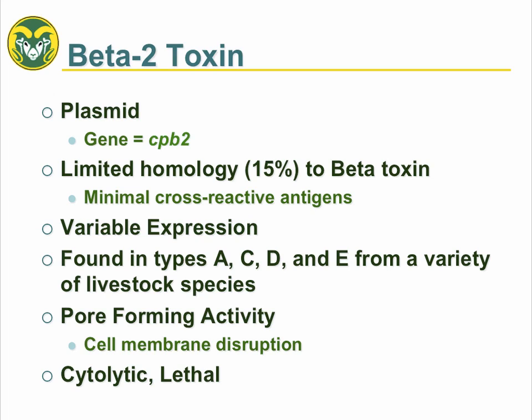So I wouldn't say that it's really necessary. If you were working with a herd that was having a Clostridial problem and they wanted to make an autogenous vaccine, if I had the choice between an isolate with or without the beta-2 toxin, I'd go ahead and take the one with the beta-2 toxin. But I've had one herd that, we may talk about this a little bit later, has been using for probably 6 years now autogenous vaccines for problems with hemorrhagic bowel syndrome in dairy cattle. And in that herd,